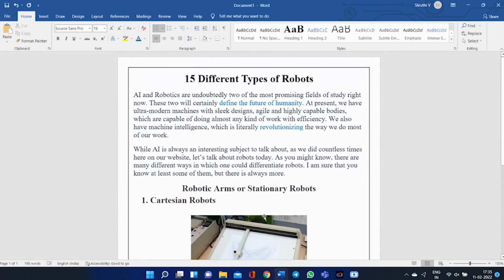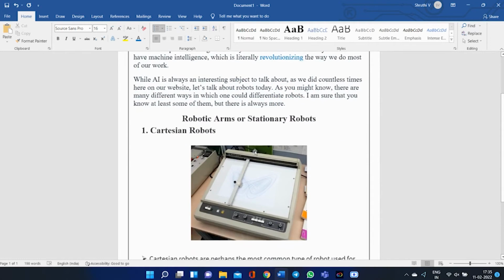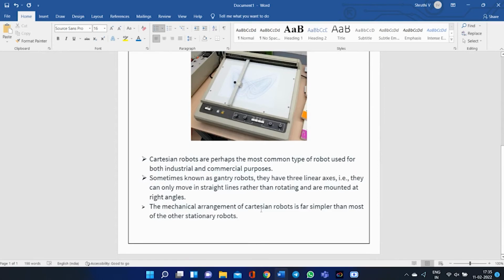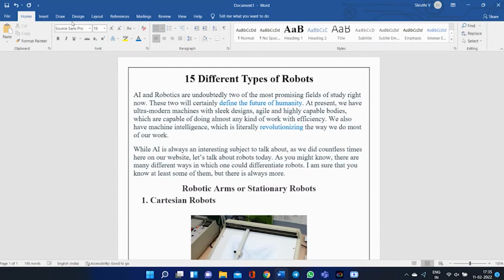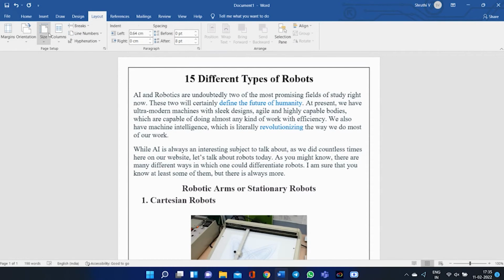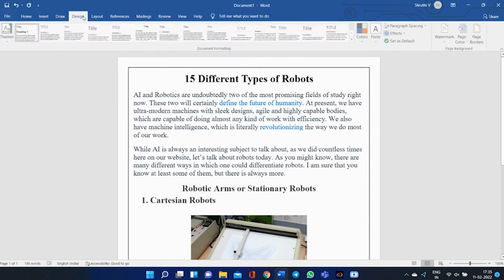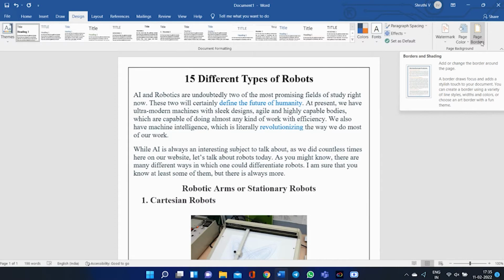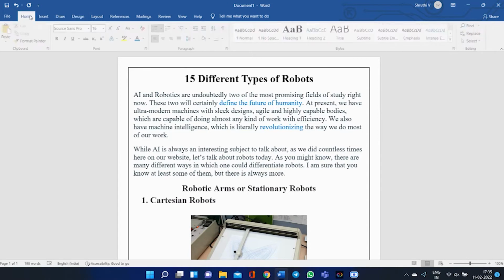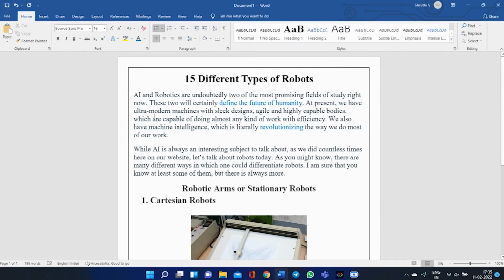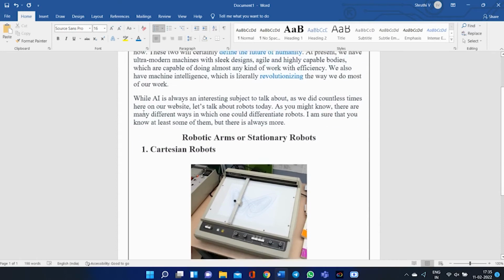So our first page is ready with the heading, intro passage and subheading. Let me recap this. The first thing we have done is checking the layout size as A4 and the margin size as normal, narrow, etc. And going to design, and here you can check the page borders, and then go to home and set the heading and intro passage, and just adjust the font size, font theme.